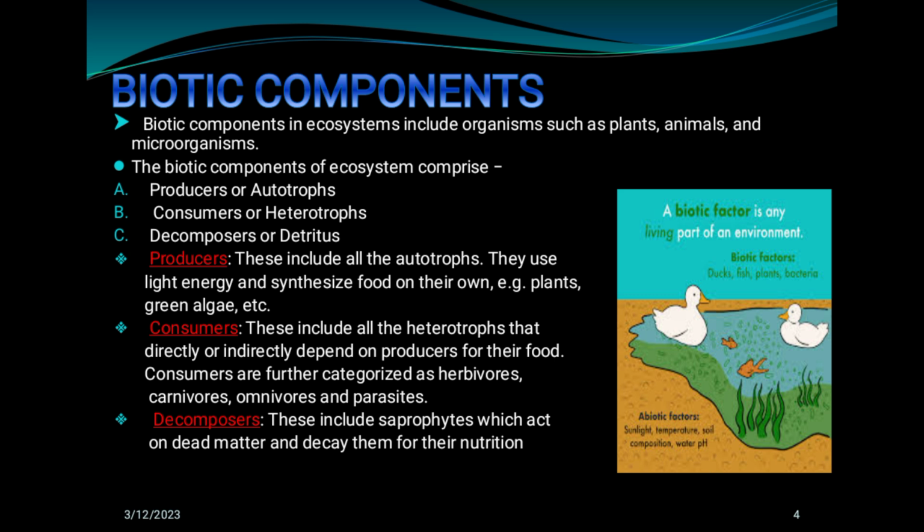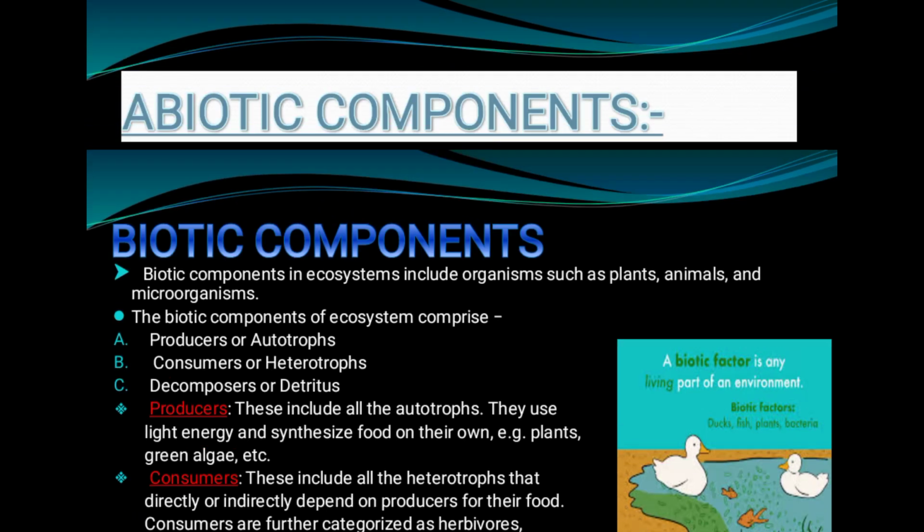Consumer. These include all the heterotrophs that directly or indirectly depend on producers for their food. Consumers are further characterized as herbivores, carnivores, omnivores, and parasites. Decomposer. These include saprophytes which act on dead matter and decay it for their nutrition. Next,